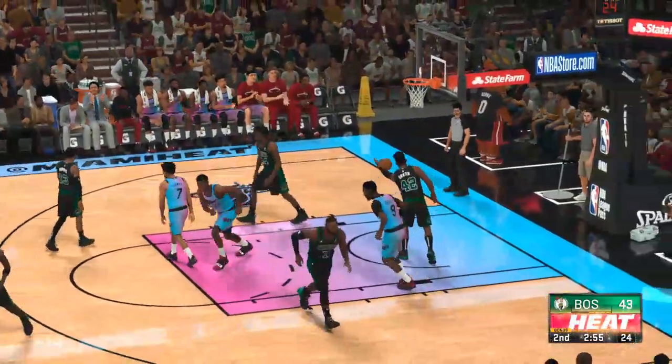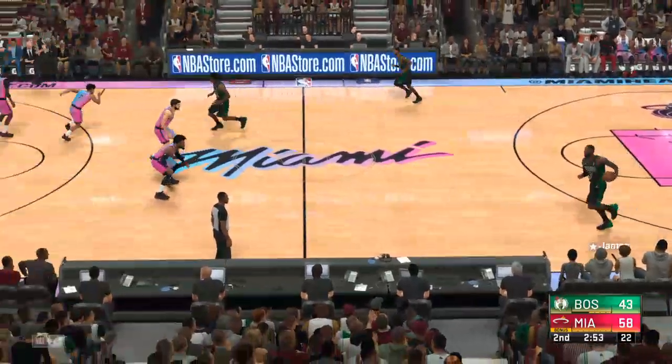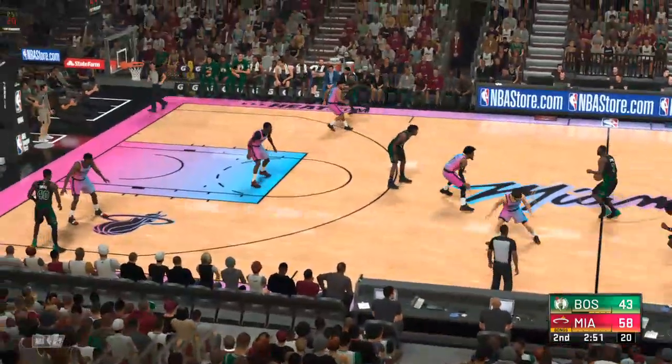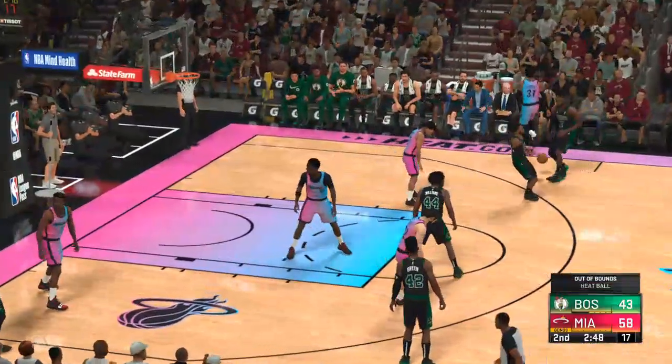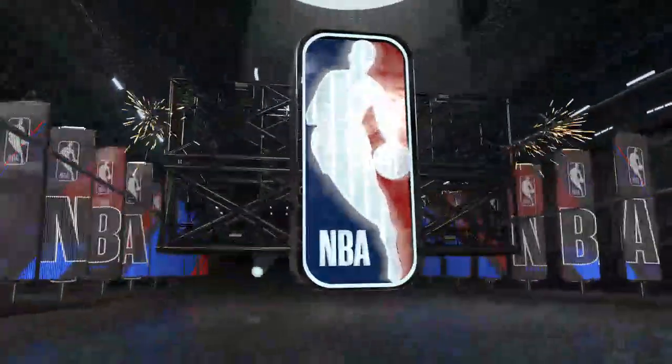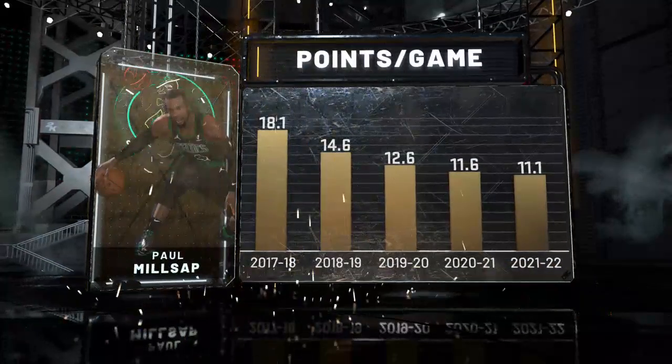And Kyle Lowry drops them both. Celtics trail by 15. LeBron outside, out of bounds. Miami takes possession. A moment now to look at the year-to-year scoring output and how it has been trending for